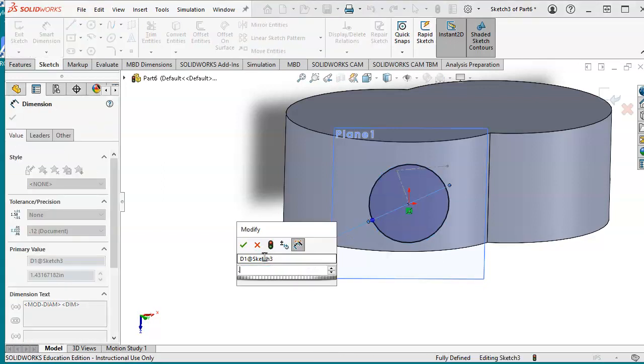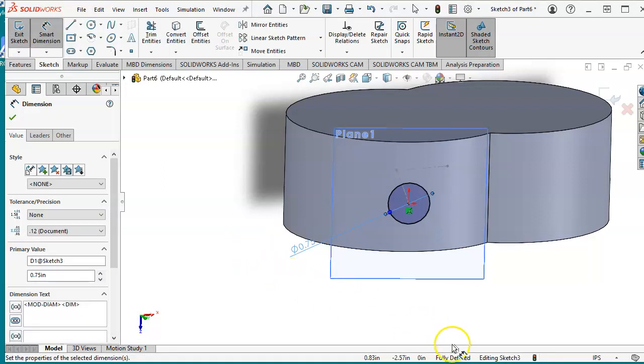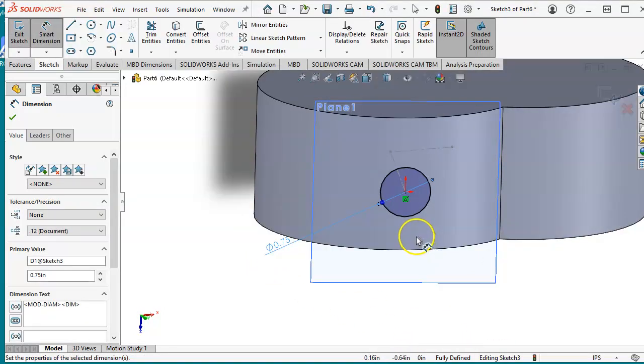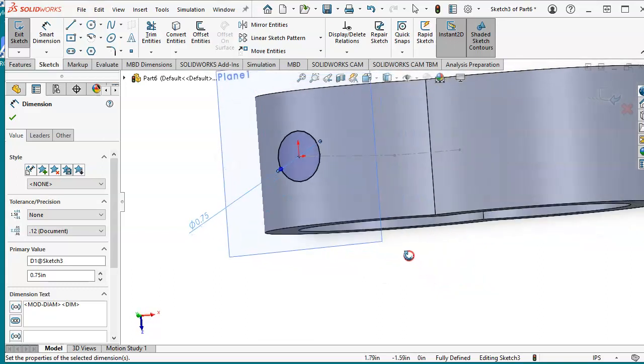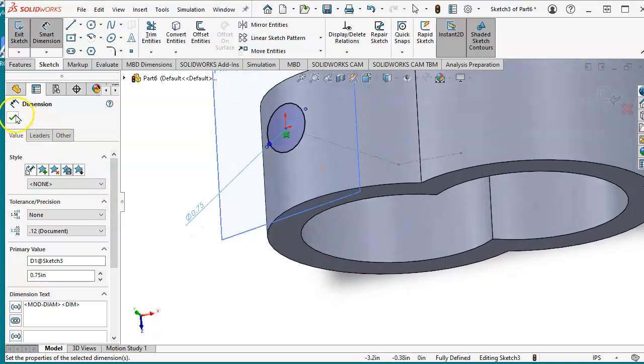The dimension for this one is given as 0.75, and it is fully constrained as long as you connected the center to the end of that line, which happens to be at the origin. So this way, now we are going to finish the sketch,